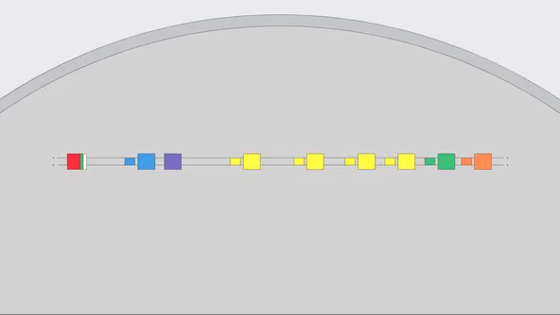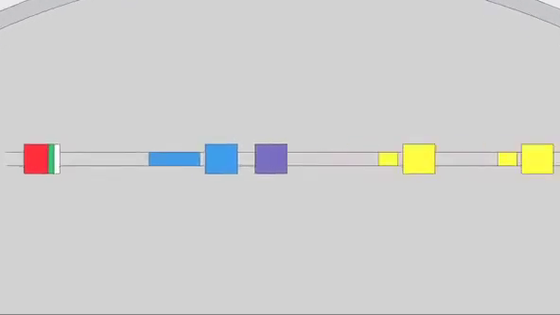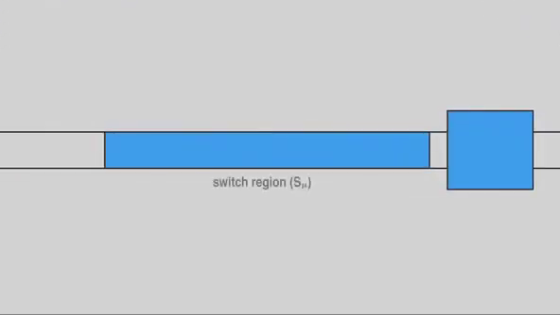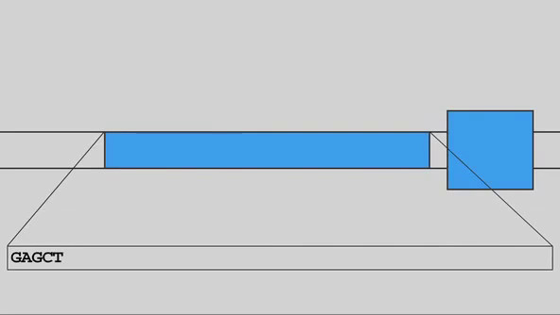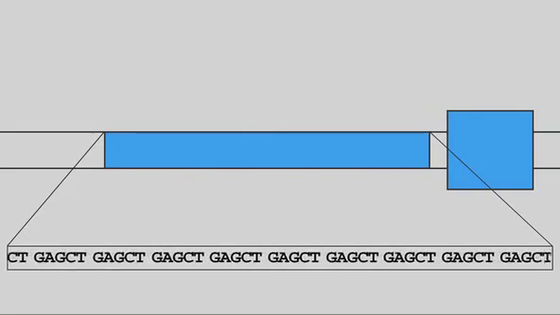With the exception of C delta, each of these constant regions is preceded upstream by a sequence of DNA known as a switch region. Switch regions range in size from a few kilobases to nearly 10 kilobases in length and are composed of hundreds of repeats of G-rich short DNA sequences characteristic of these regions. For example, the switch region located upstream of the C mu constant region is approximately 3 kilobases in length and is composed of approximately 150 copies of this short 21 nucleotide element, which itself contains 3 copies of the pentameric sequence